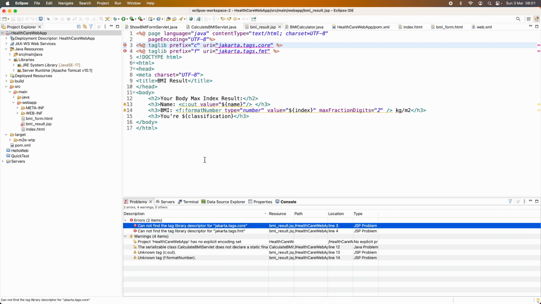So to fix this error, we need to add the correct dependencies that contain the JSTL API in the Maven project file.